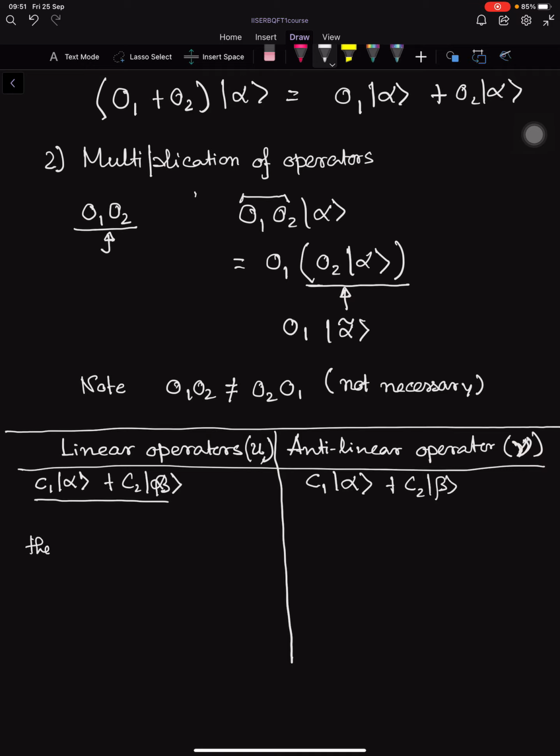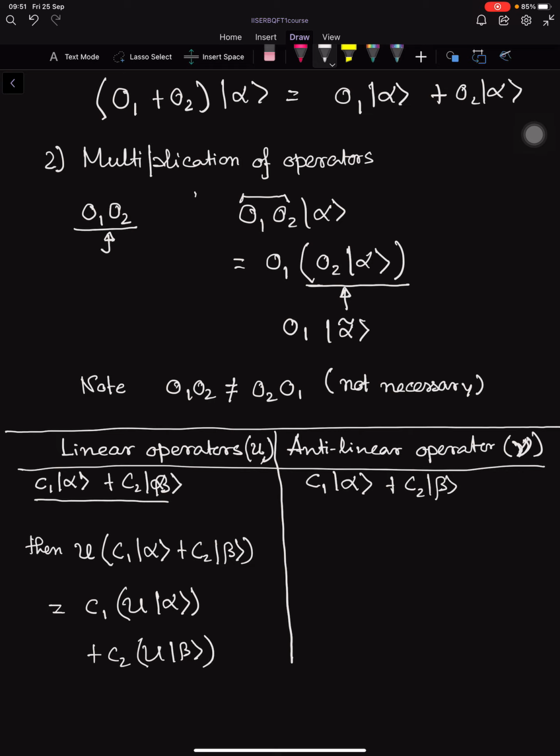Then a linear operator U acting on C1 alpha plus C2 beta is the same as C1 U alpha plus C2 U beta. Which means that if you know the action on any vector, and you multiply by any complex number, you also know it, because C just passes through the operator